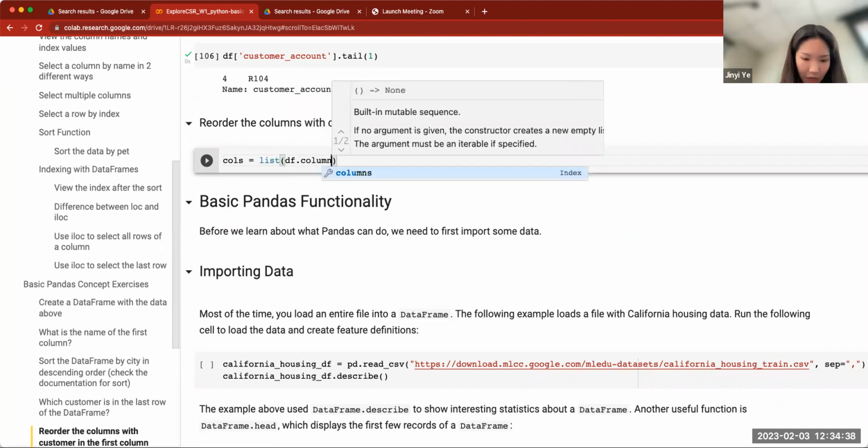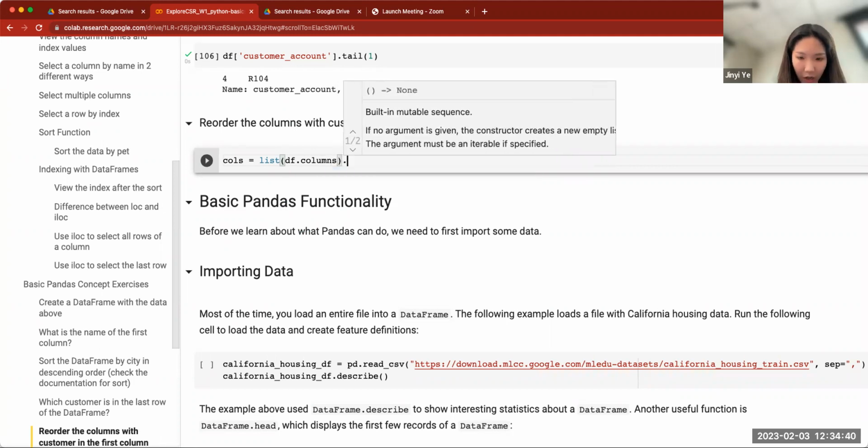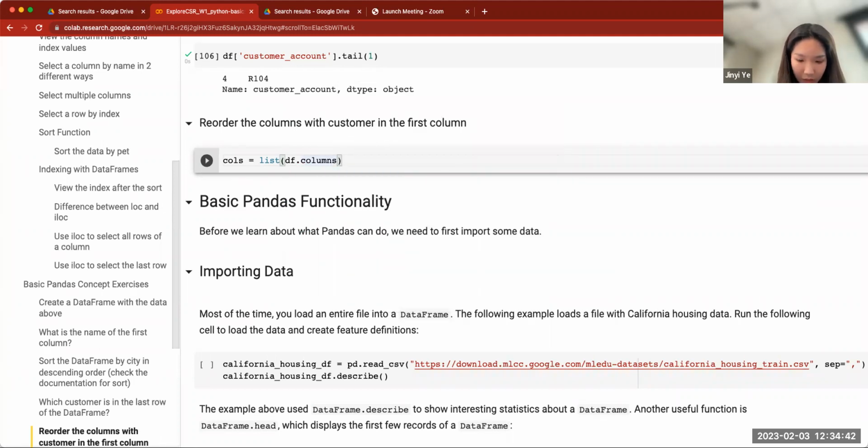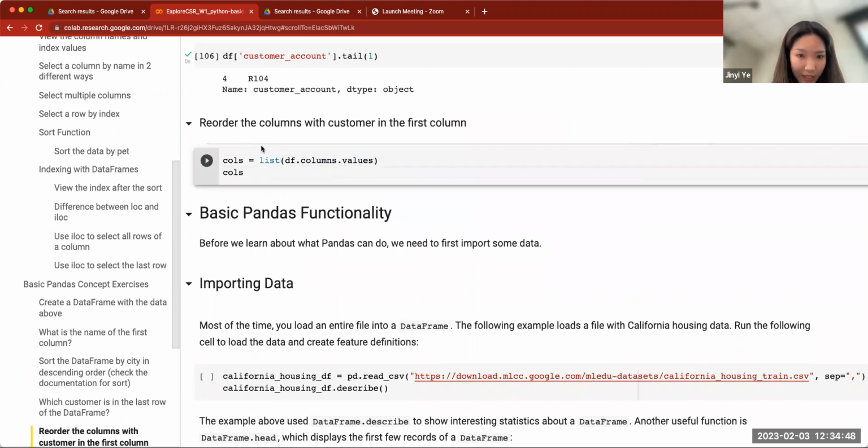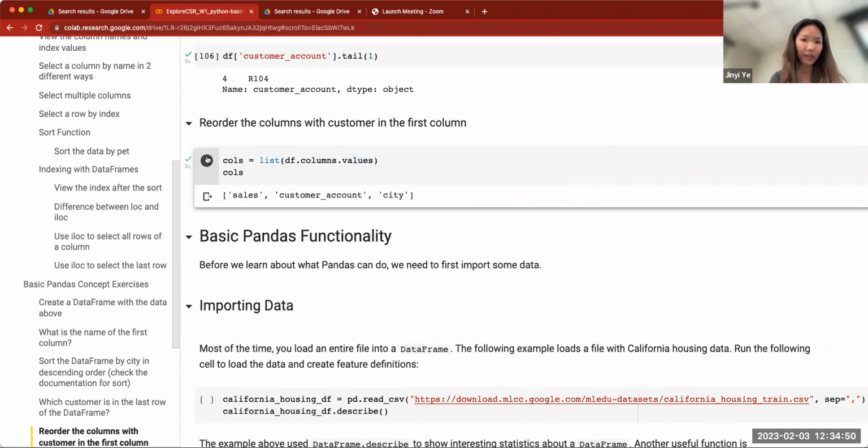df.columns just yielded all of the columns here, and we get the values of those columns. If we have a look at the list that we created here, this is a list of all of the columns. And here we can assign that. We can just manually change the list